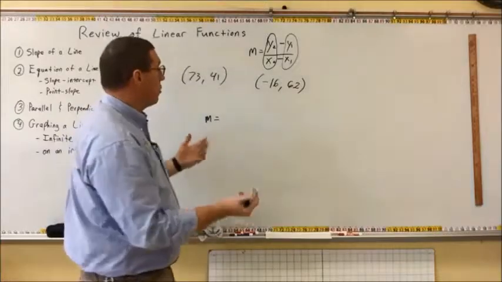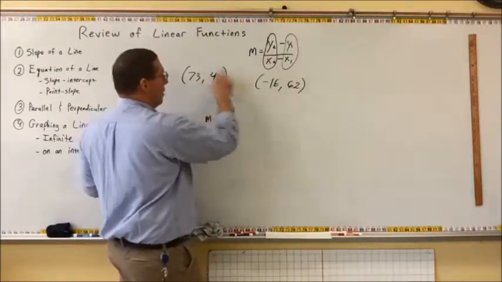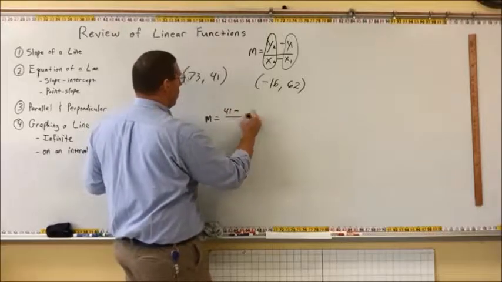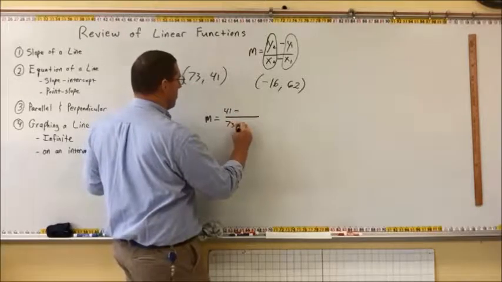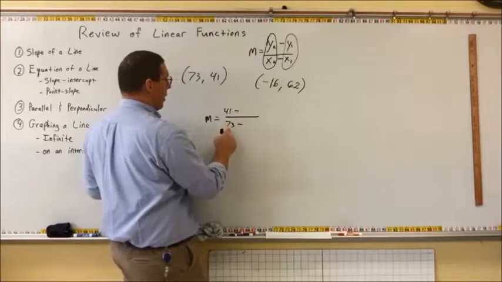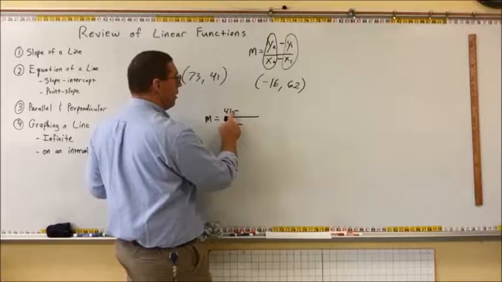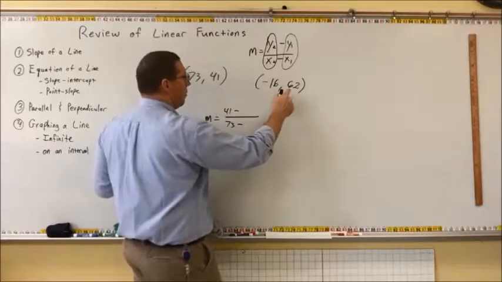And I'll prove it to you. So we'll do y2 and x2 right here. We'll do those first. y2 is 41, minus, over 73, put a 73 here, minus, right? So we got x1, y1, okay? Or excuse me, x2, y2, sorry. And then here we have, we'll put